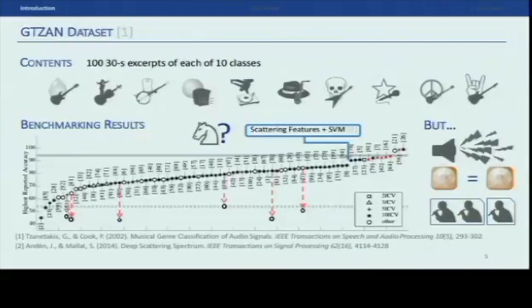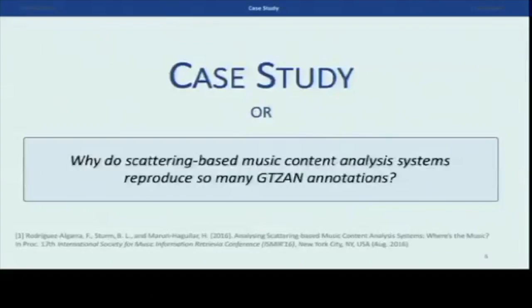But knowing that this data set has problems, we wondered, will these systems also show the same problems we have seen before? And because all the code was available online, we could completely reproduce all their experiments. But we also wanted to take advantage of that and go a step beyond. We not only wanted to know how much they will fall, if they will fall, but also why the systems were reaching those accuracies. Something that has been mentioned today all the time. Not only how much, but why.